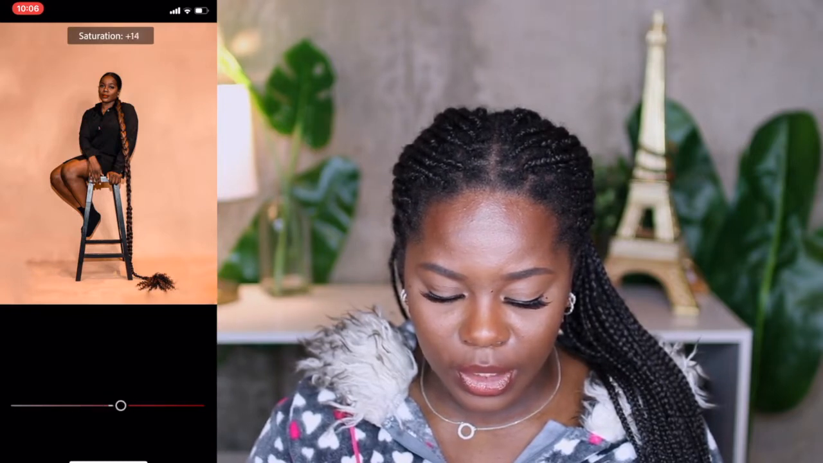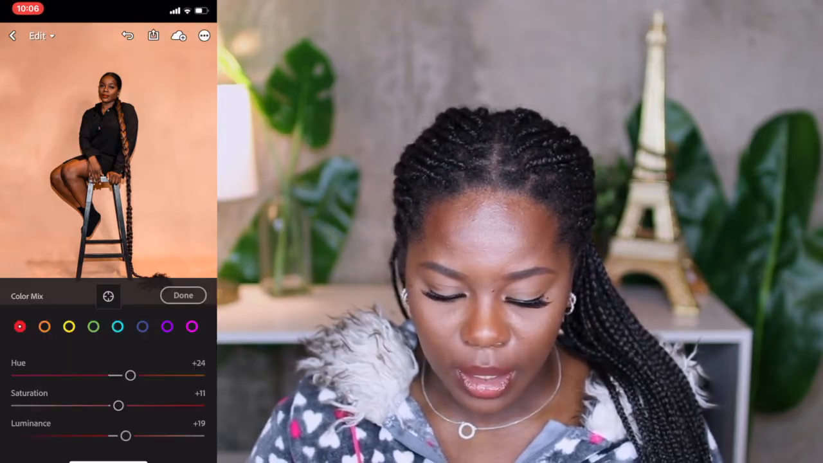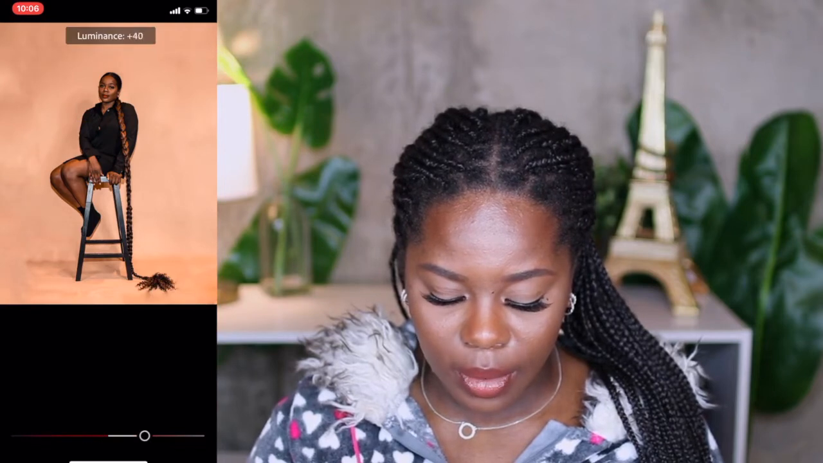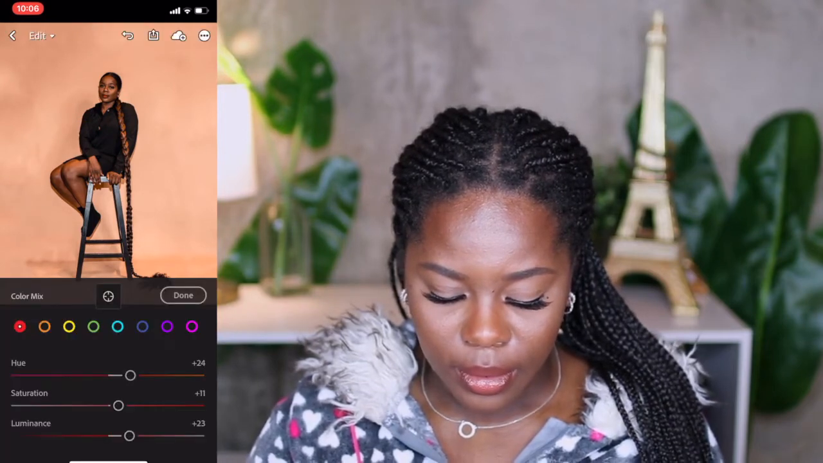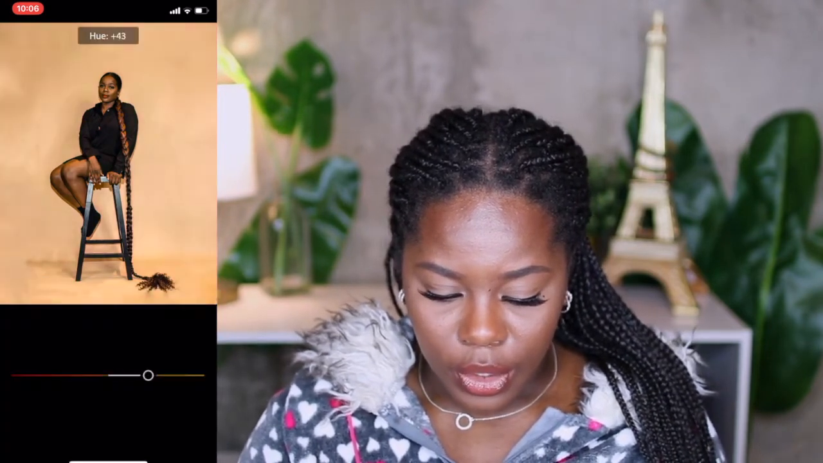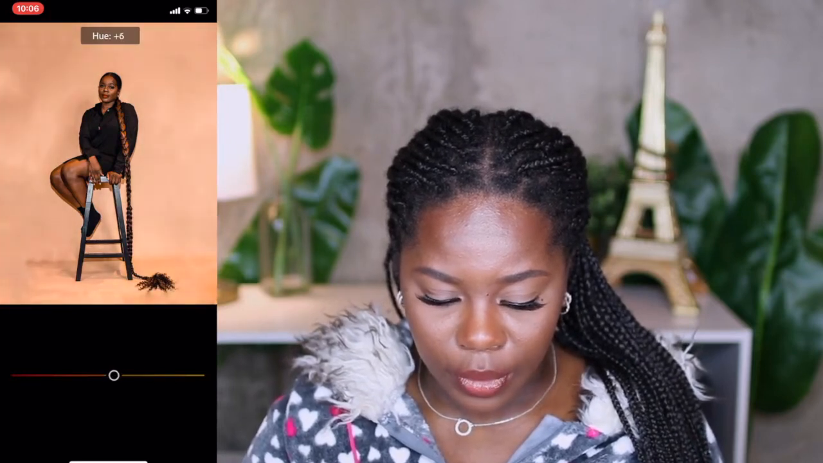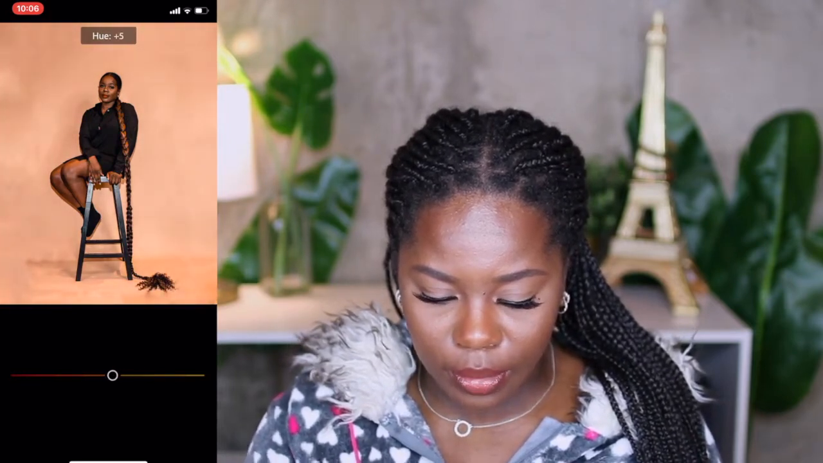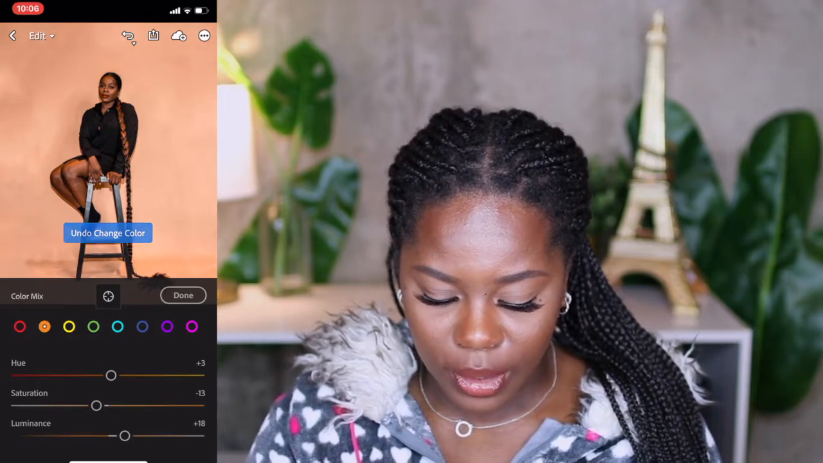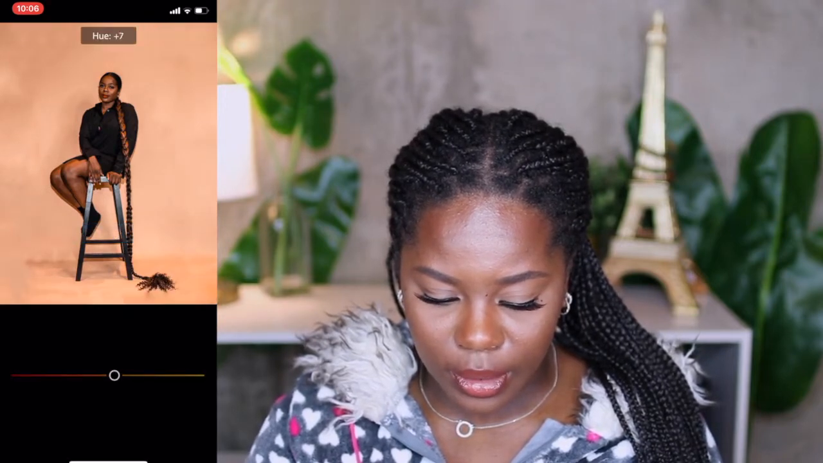Do you want more saturation? I think my skin looks pretty healthy. And yeah, we're gonna lighten that up a little bit. Gonna go to orange. Ooh, majority of this photo is orange, as you guys can see. So I'm just gonna see what it was at before. And we're gonna